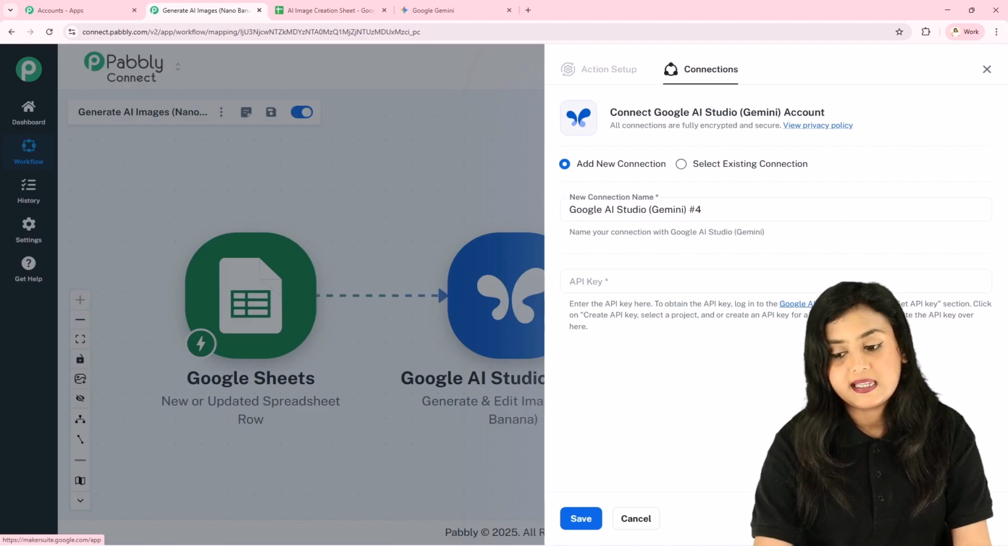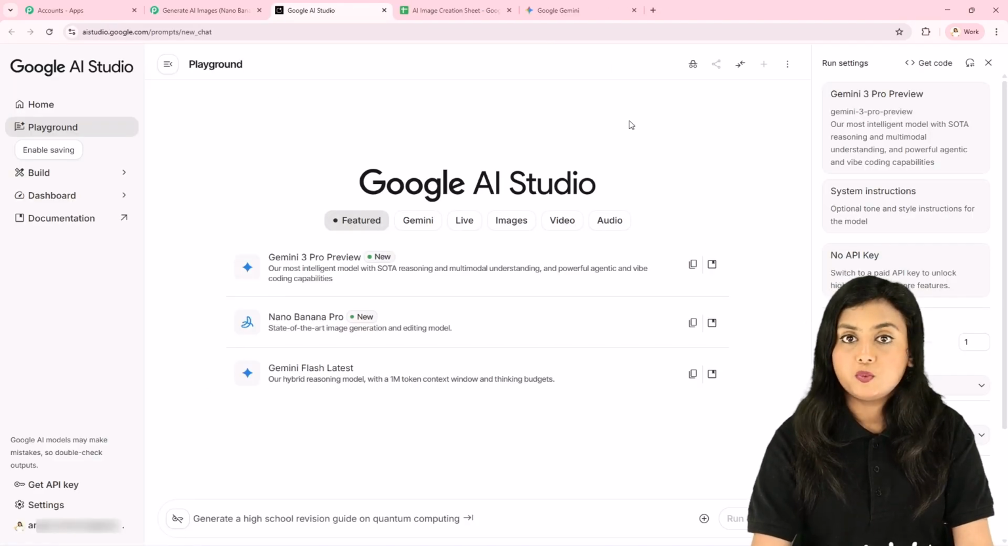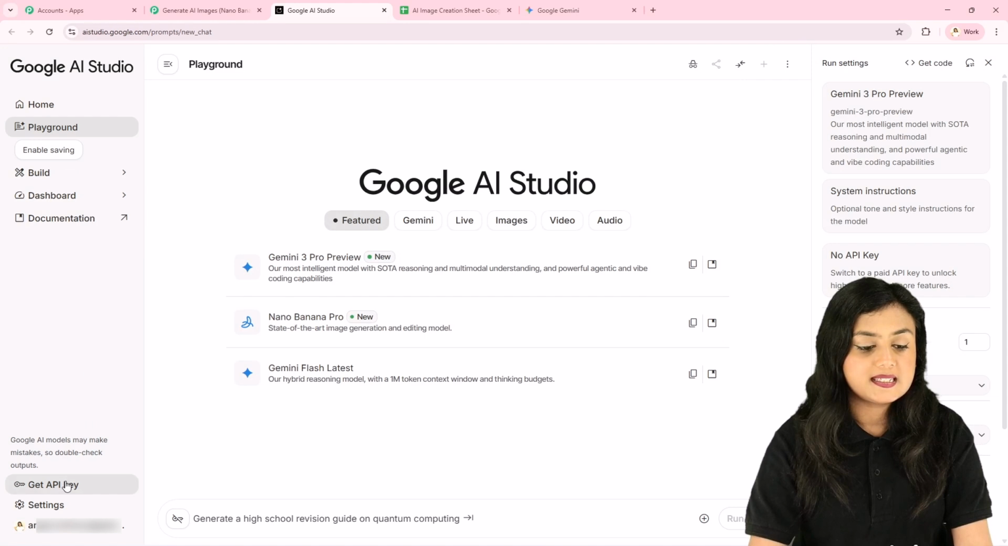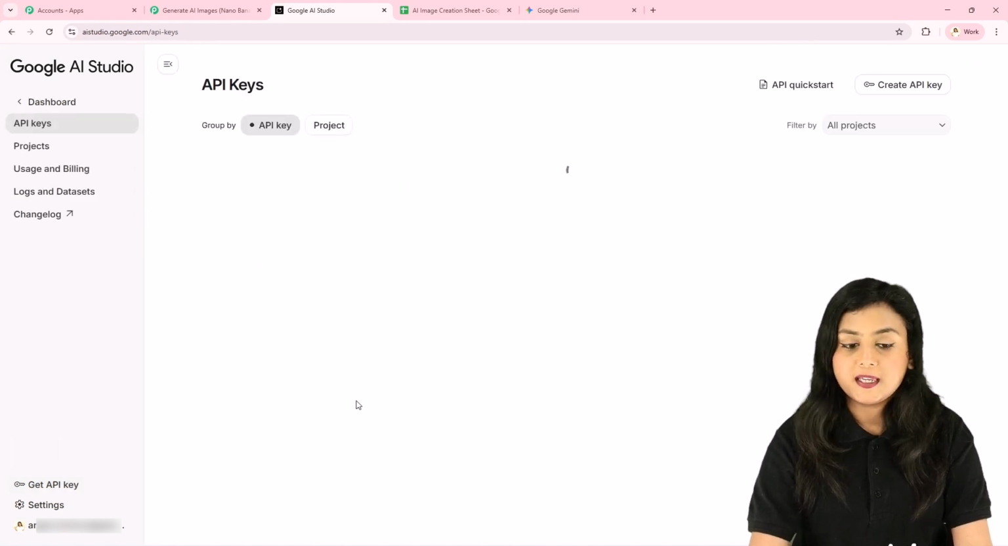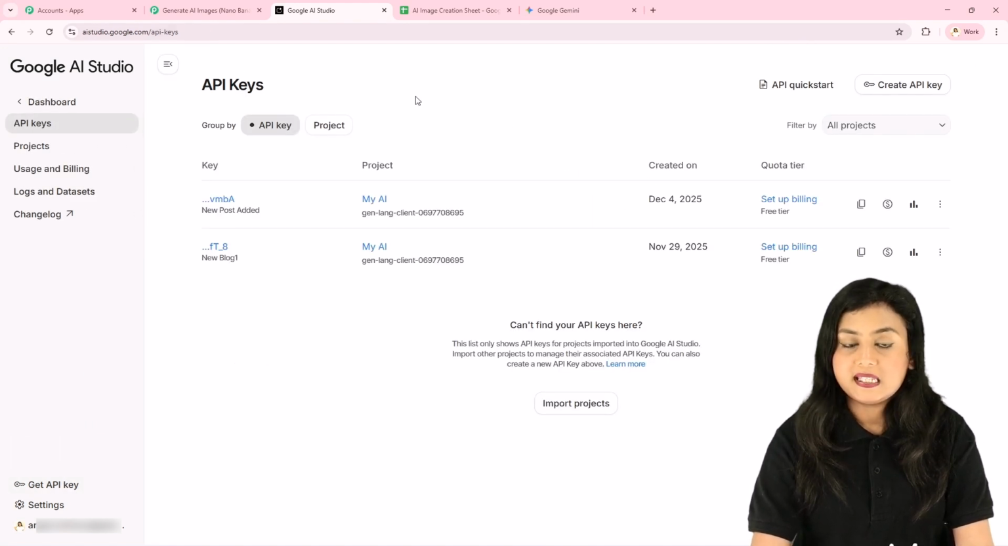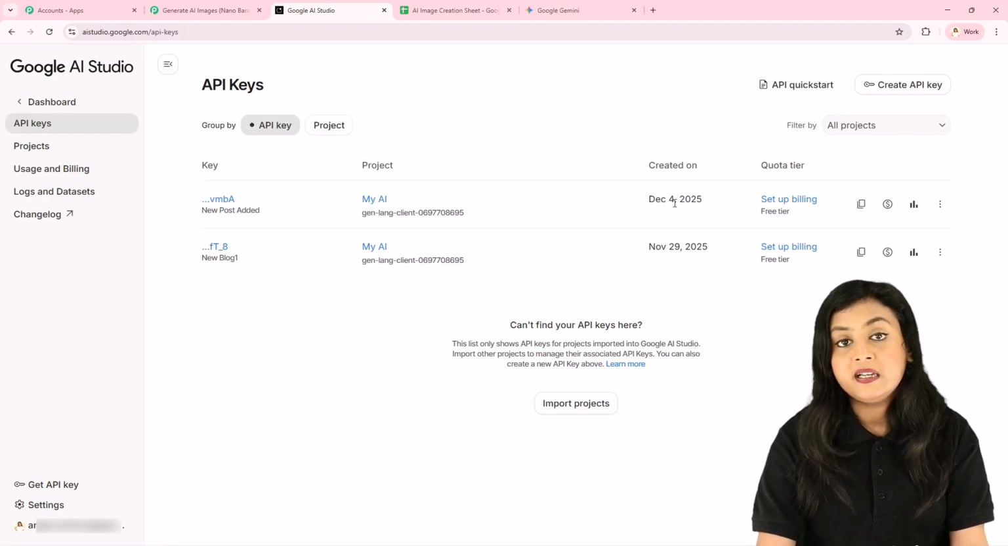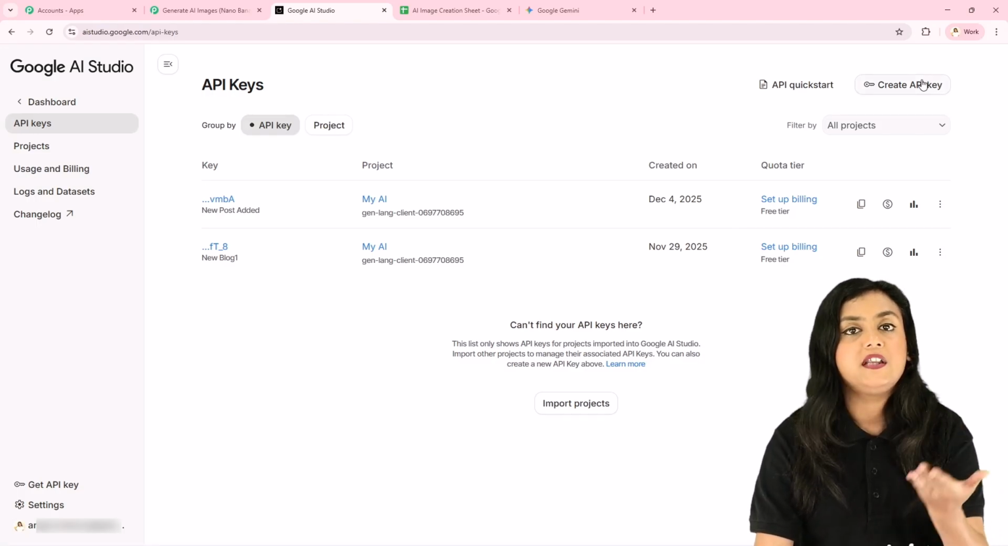Go towards this link right here. After coming towards this link, you have to go towards this get API key section. After coming to this API key section, I've already generated the new key. You can see right over here. If you want to generate a new key from this create API key button, you can generate your own Gemini